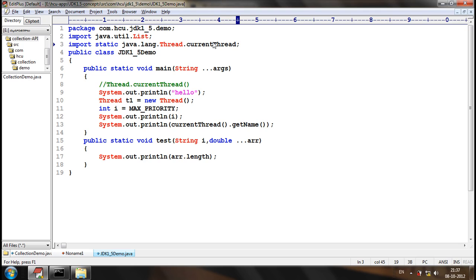The remaining members will not be imported. Understood? So if we give star, then all the static attributes and static methods of that particular class can be used in a static import manner.